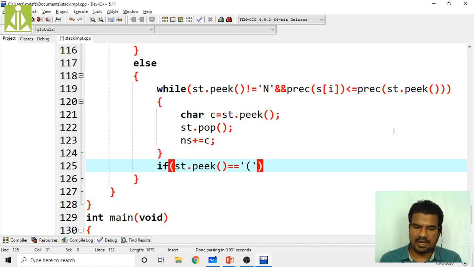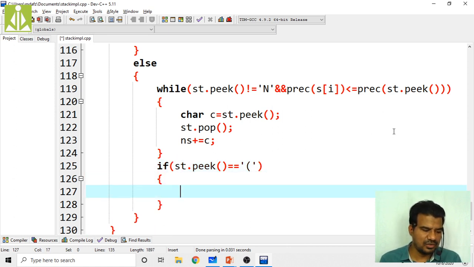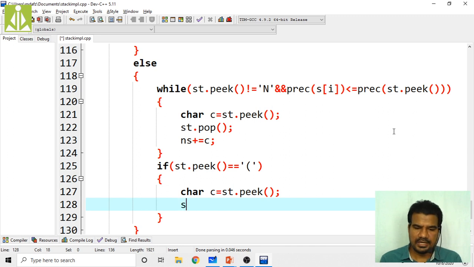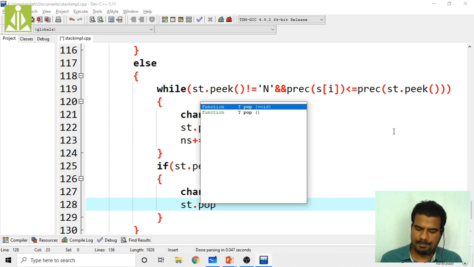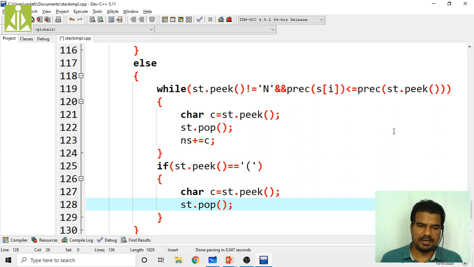If you have an opening bracket inside the stack, what do we have to do? Character c equals st.peek, peek that one. Then st.pop, pop that one simply. After reaching the opening bracket, immediately you have to pop that character and add it to the output.